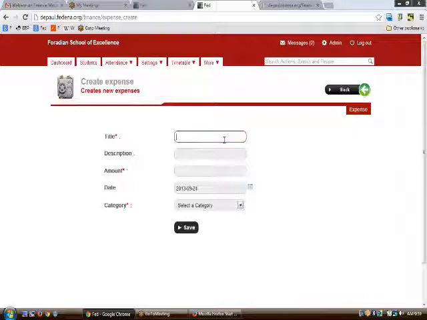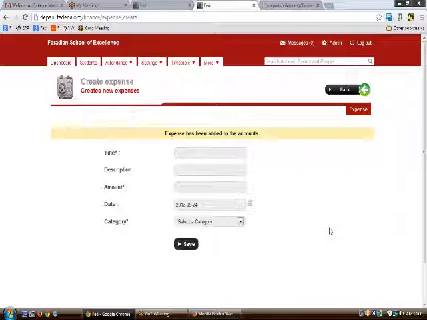So let us say that you have an expense which comes under any of the categories here, like purchase of books for students, which would always be an expense, and the amount you can put here, and the category would always be inventory. On filling up the mandatory details and clicking save, your expense has been created, and it would always be added into your accounts.